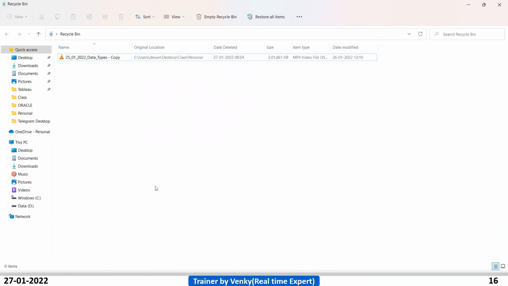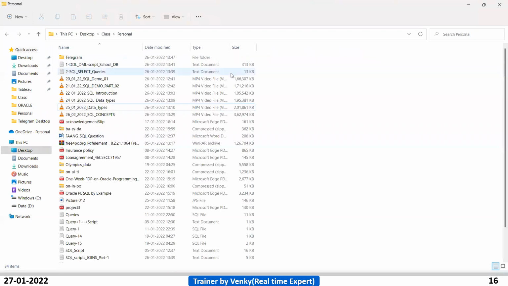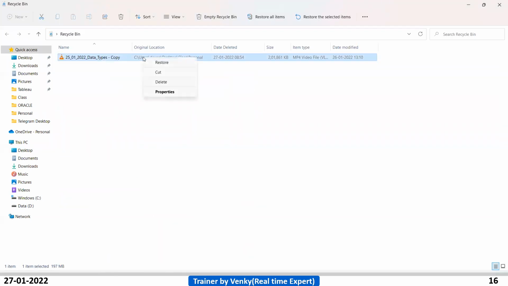So our system also has one database, right? That is called the hard disk. Hard disk is also one database, right? So when you delete data from our database or hard disk, it is saved into the recycle bin. Now if you want to restore that file, you can get it back by using the restore option in the recycle bin.